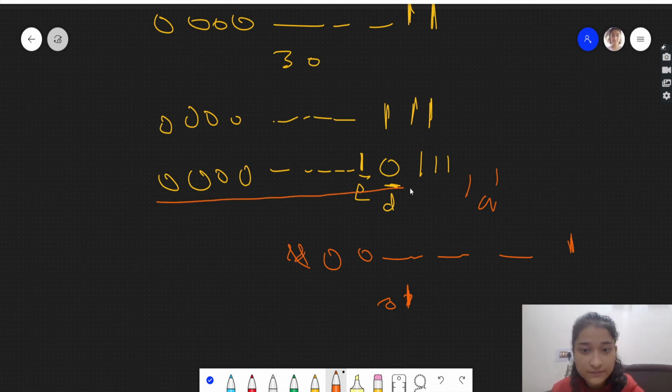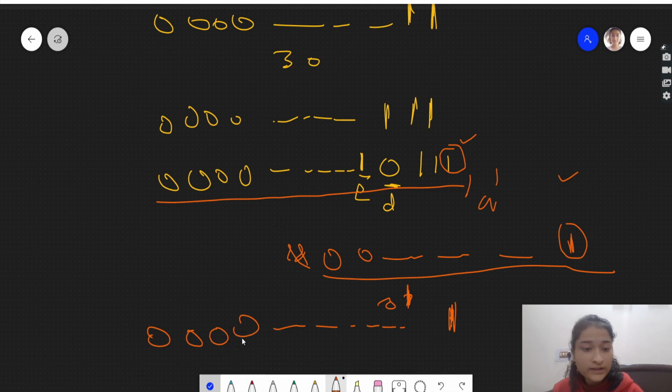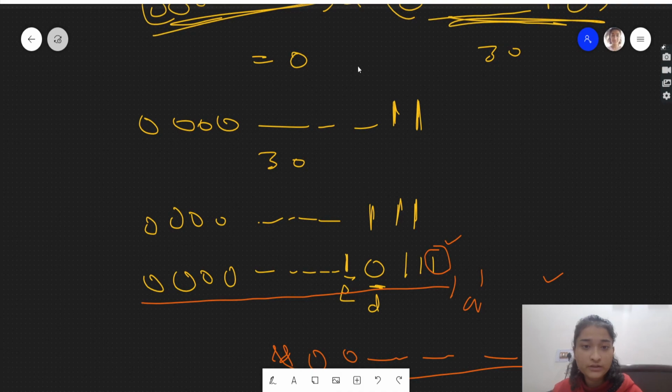So we will do AND of this with checker. Checker is this. When you do AND, there is 1 in the same position. Checker is telling that A has already been encountered, and you are again getting A. So when you do AND of this, you will obviously not get 0. You will get 1, because 1 and 1 will be 1. So now you are not getting 0, meaning there was a duplicate character, hence over here you will return false.